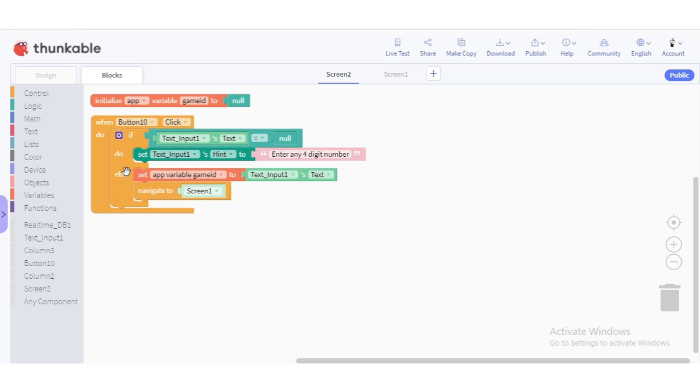So else if he has put any 4-digit number, then actually it can be 3 also or 2 also, but it is good to have 4. We have written, so yeah. Else if it's not equals to null, else when it is not, it will be the opposite. So we don't have to put not equals to, but if this is equals to this and else means it's not, otherwise you can see on the which is coming info, if a value,